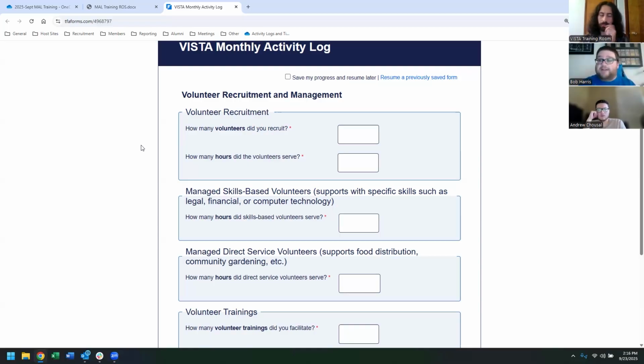And so how do I track that information? Work with your supervisor and let them know, hey, this is what I need to track for my activity logs. Work with them to get that information, so that when you have to fill out the logs, you're able to type in those numbers step by step. And now another question that someone might have is, I'm working with another VISTA at my site